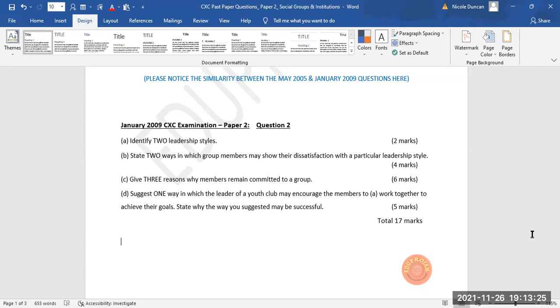All right, good. Let's go to C, 6 marks, 2 marks each. Give 3 reasons why members remain committed to a group. And here, we're looking at social groups, and these are the reasons why groups exist, or the reasons why groups are started. Can you think of any reasons why persons remain a part of a group, Alex? How does the group benefit them? In other words, that's what the question is asking you. Why they would want to be a part and stay a part of the